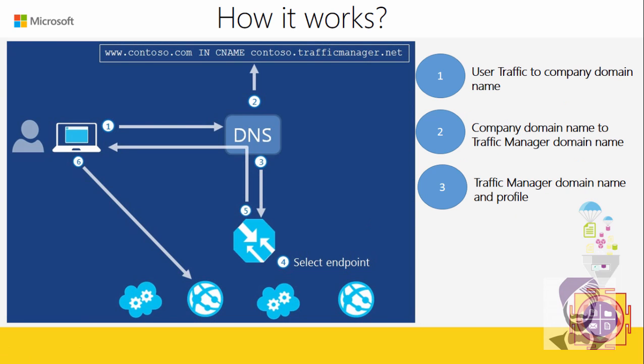Now this is the question you might be wondering: how exactly do things work in Azure Traffic Manager? It distributes the traffic to different endpoints, but how? As you can see on your screens, the user tries to access a website, www.contoso.com. As a CNAME, this website is pointing towards contoso.trafficmanager.net. Now what exactly is contoso.trafficmanager.net? It's the DNS name of the Azure Traffic Manager profile that you create and configure